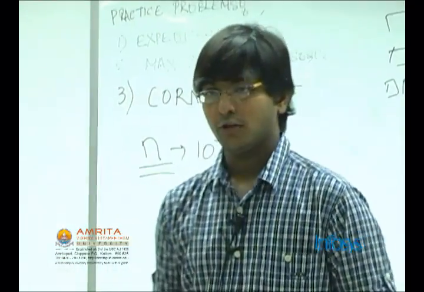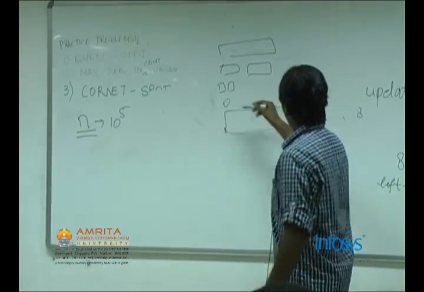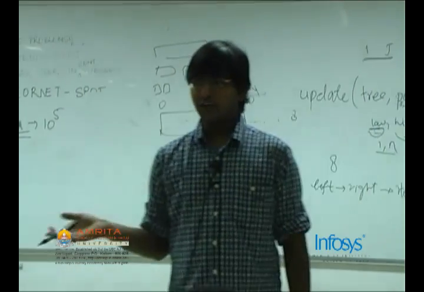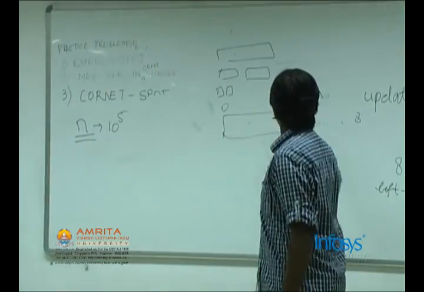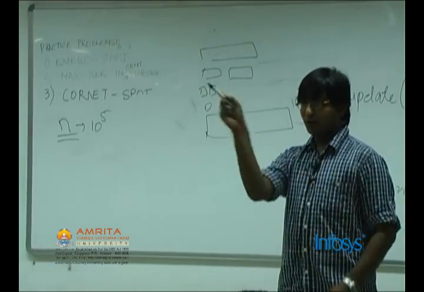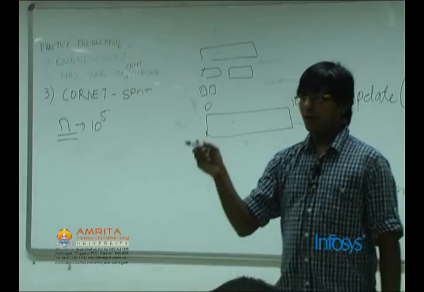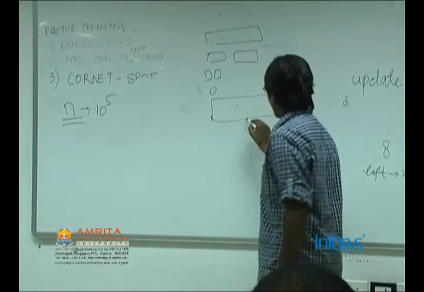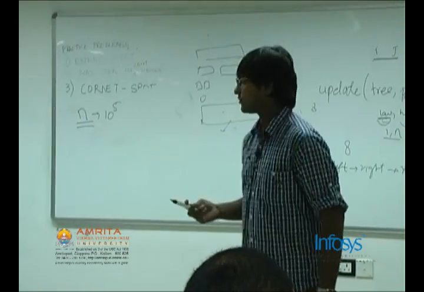In that case, what we do is that we create nodes at the time when they are needed. So initially there is only one range, let's say 1 to 10 to the power 9. Now suppose I am inserting some number, say 11. Then I'll calculate the middle element, and there will be two parts, basically left and right, and I'll be going only in one direction, either left or right. So if I have to go left, I'll create left, and if I have to go right, I'll create right accordingly. So this way we will end up saving a lot of space.